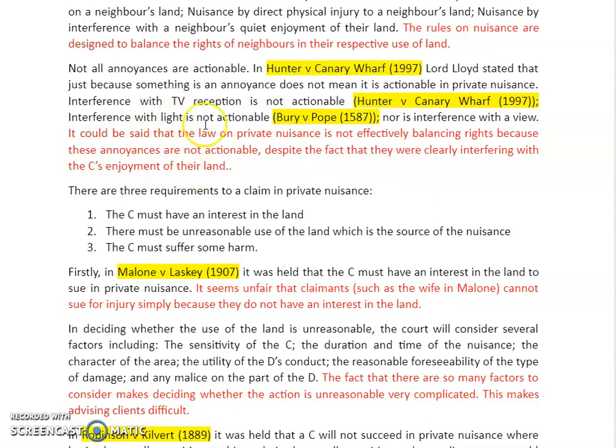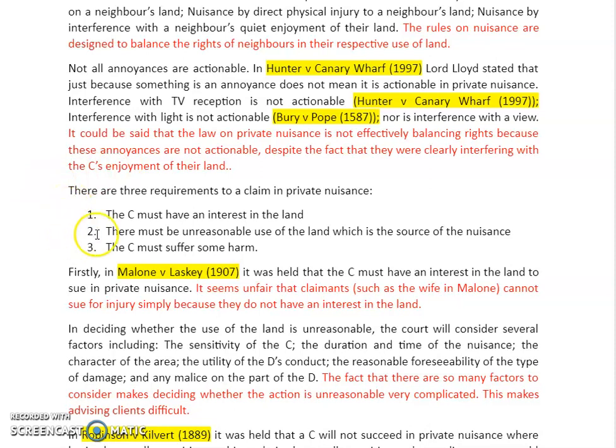I know I'd be very unhappy if my TV reception was being interfered with. So it looks on the face of it that those particular interests are not being balanced effectively. So not all annoyances are actionable. And once we've checked that it's not an unactionable nuisance, we then have to look at the three requirements of